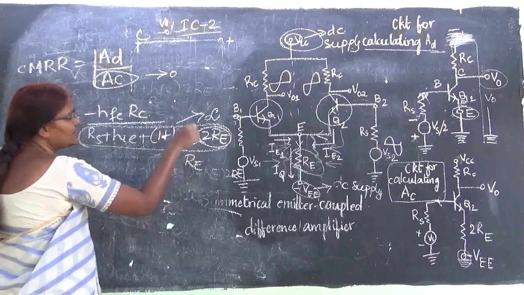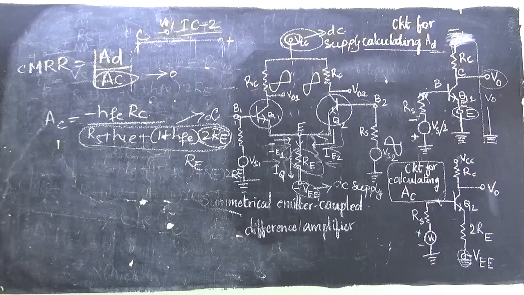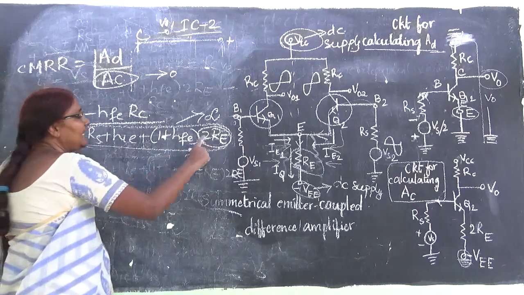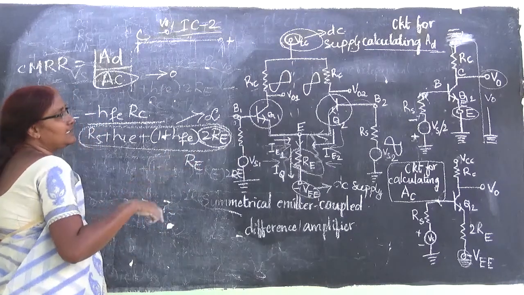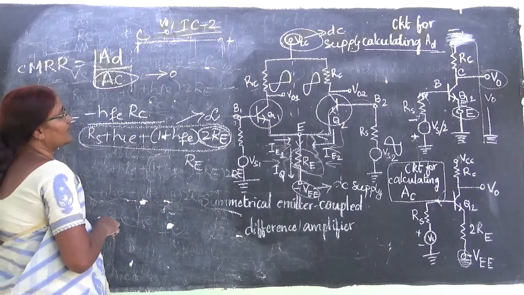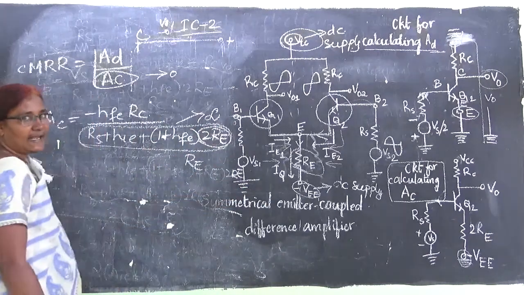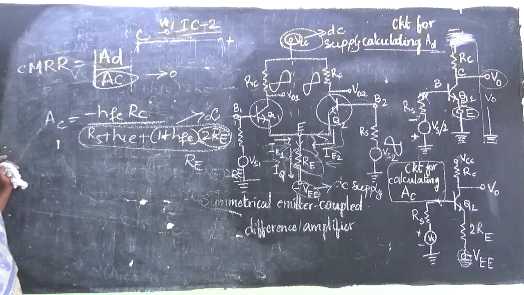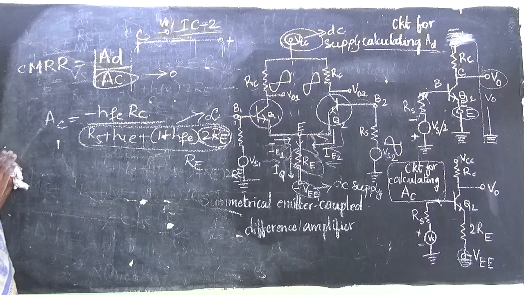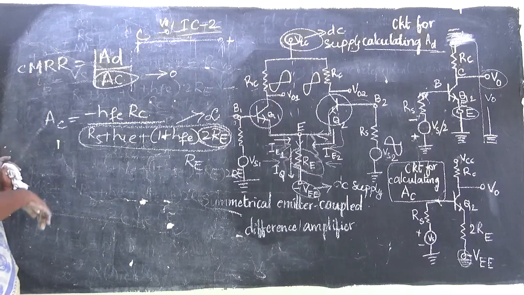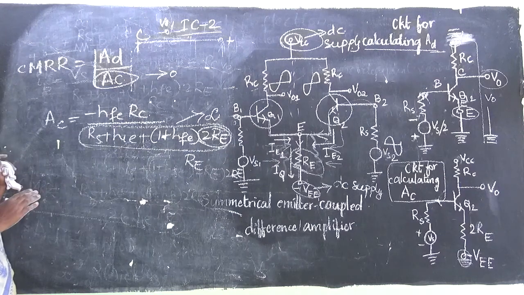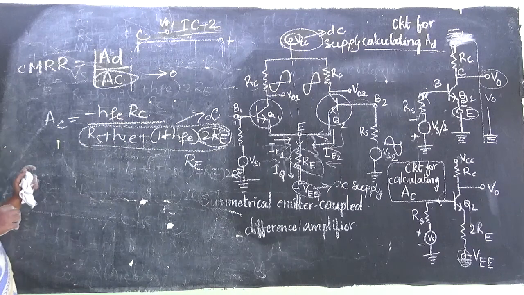If you take the RE value very high, some DC load line problems will come. That means if RE is very high, the emitter supply also should be very high, and the emitter current will be very high. If the emitter current is very high, then there will be a change in IC, and if there is a change in IC, then there will be a shift in the DC load line and the DC operating point, which will affect the amplification itself. So to avoid that,